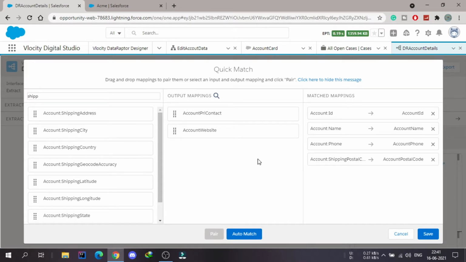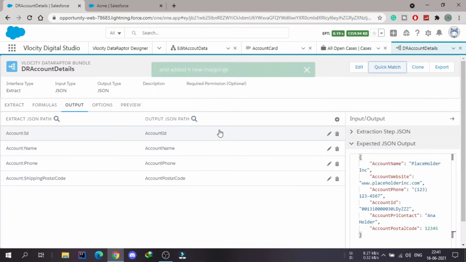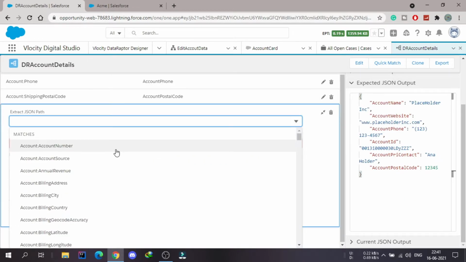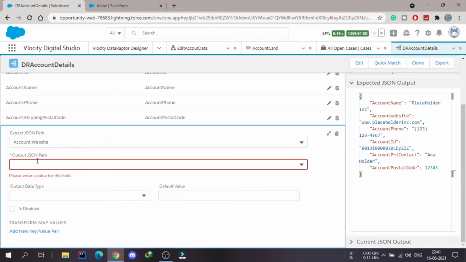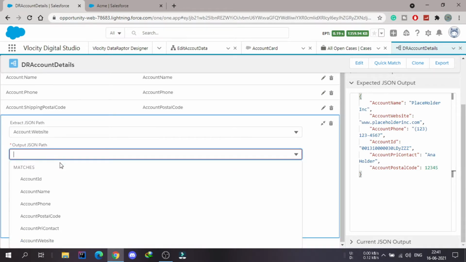So this is the one way of mapping the outputs. Let me show you the other way for the account website and the primary contact. So we can also manually do it. Manually we can click on the plus icon and here we need to use the website. So I will use the website, account website, and inside the output JSON path I just need to use the,